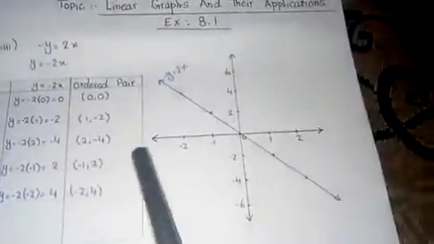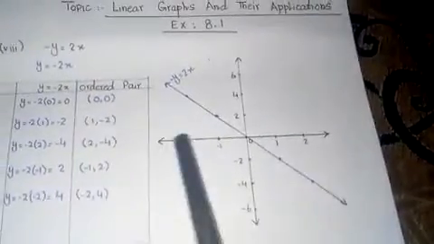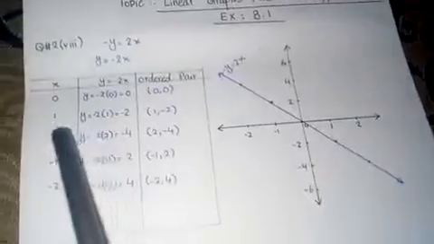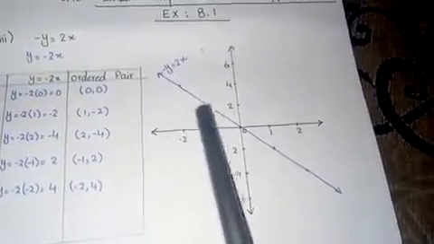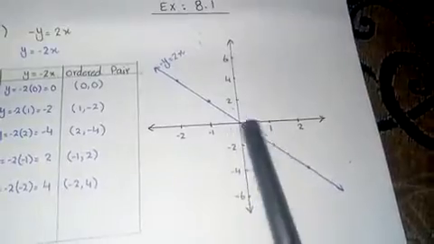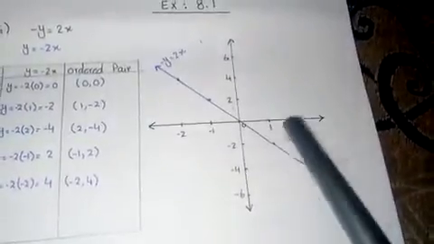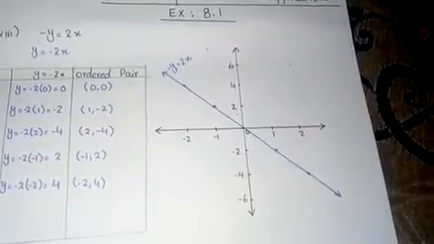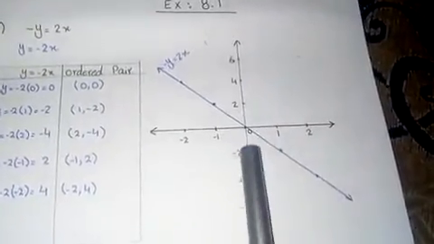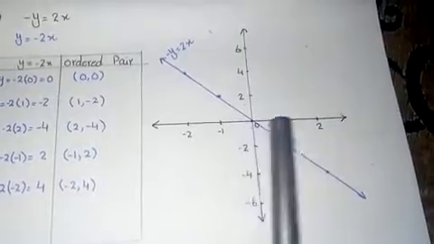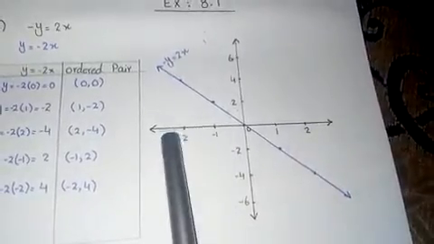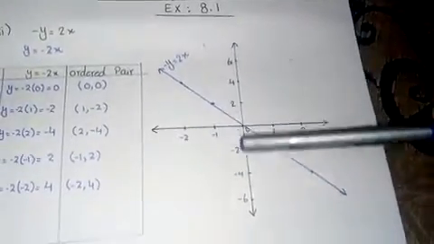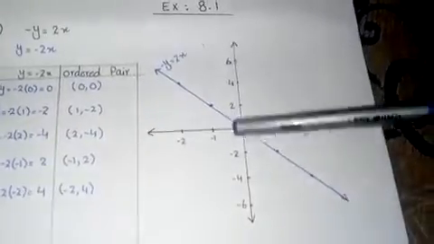So here we have the x-axis, the horizontal line. On the horizontal line I have taken the sequence 0, 1, 2, minus 1, minus 2, with 0 in the center, 1, 2 on the right hand side and minus 1, minus 2 on the left hand side. Again I am repeating, the distance between every point on the graph should be equal. So you have to use the scale to measure the distance between every point. Here you can see the distance between 0 and 1 and 1 and 2 is the same. Clear? So the distance between every point on the axis, either x-axis or y-axis, should be the same.